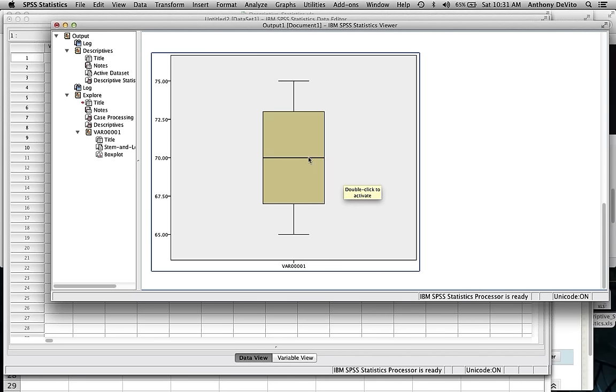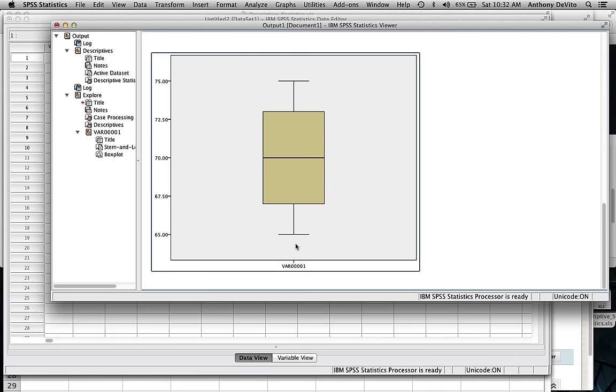Just as a quick trick here, if the median were up here, that would say the middle value is closer to the top. That would suggest that this is a skewed distribution. Being in the middle here suggests that it's more of a normal distribution, the median right in the middle. So, at any rate,